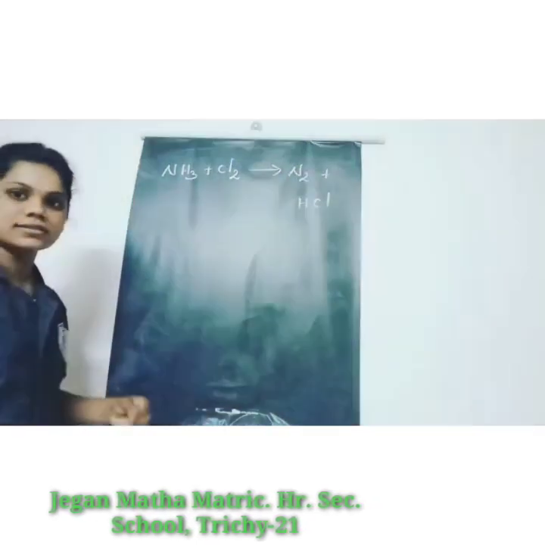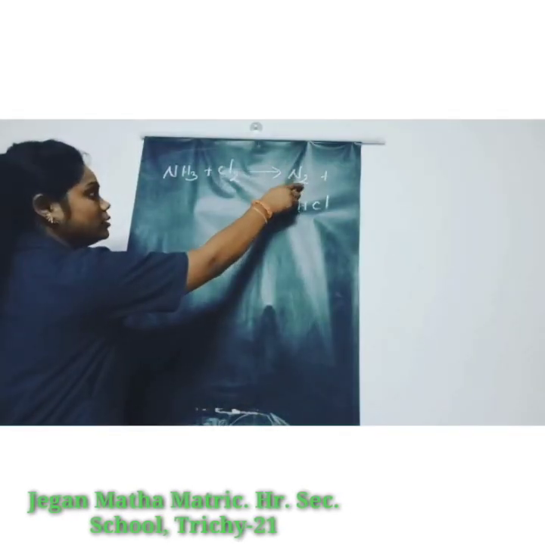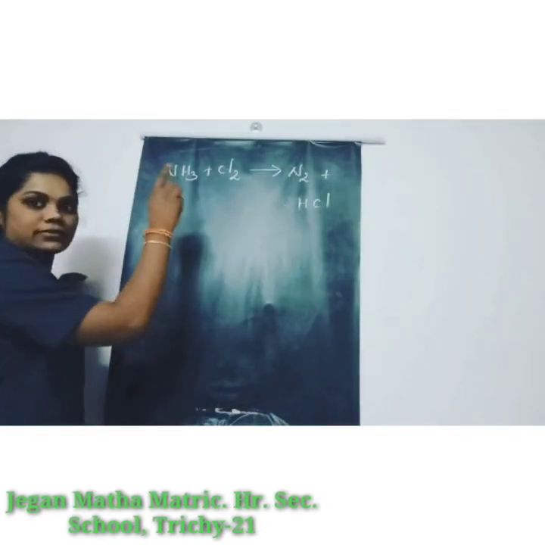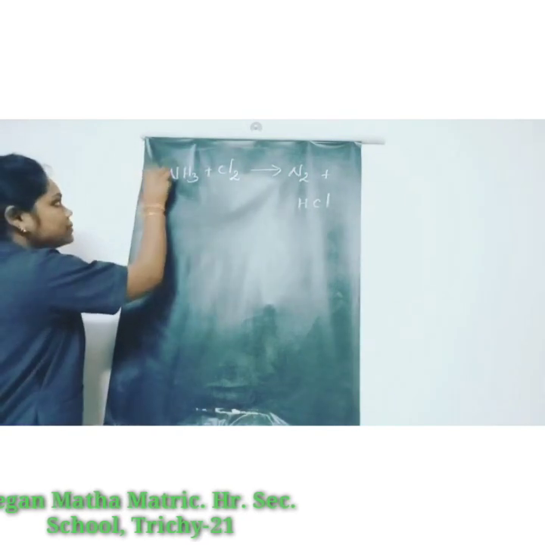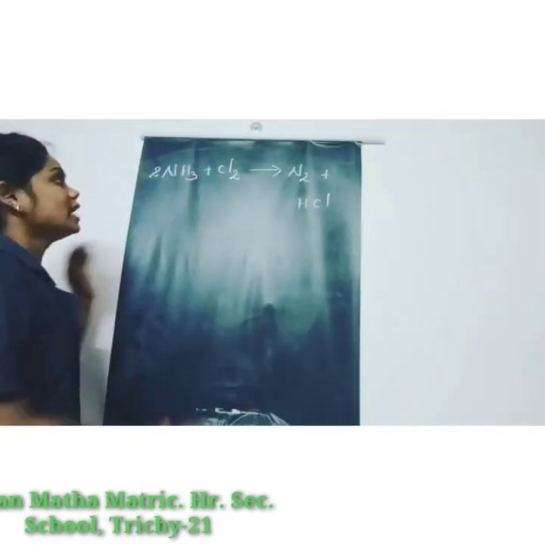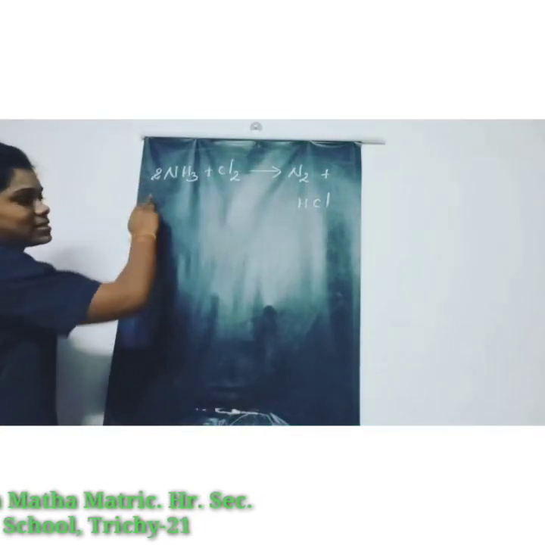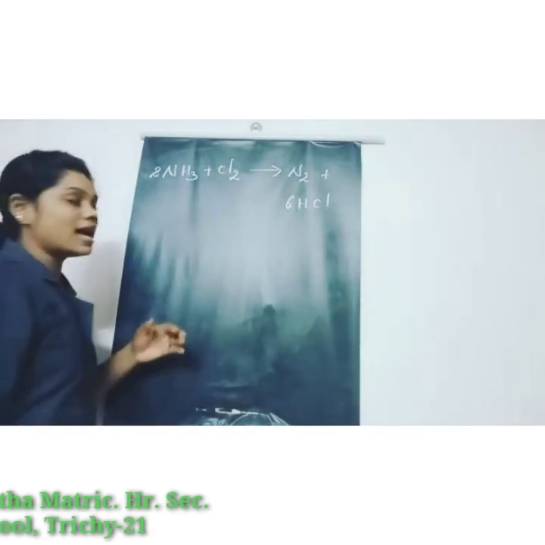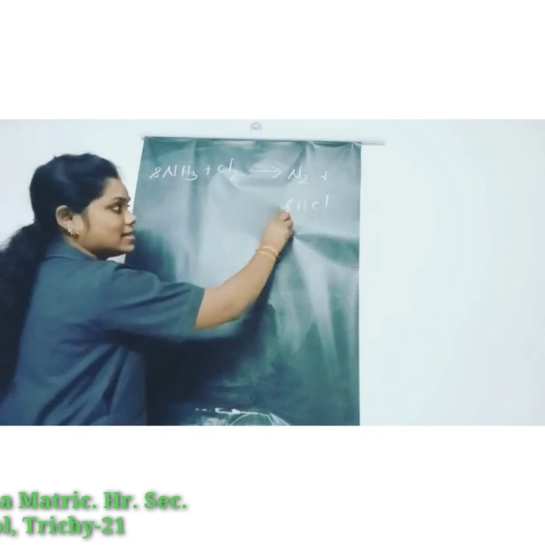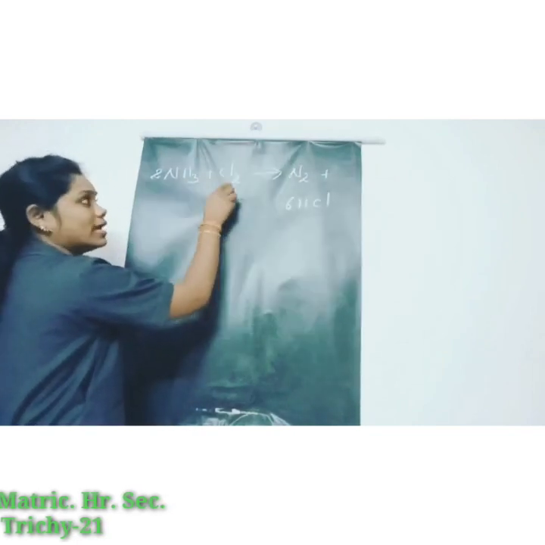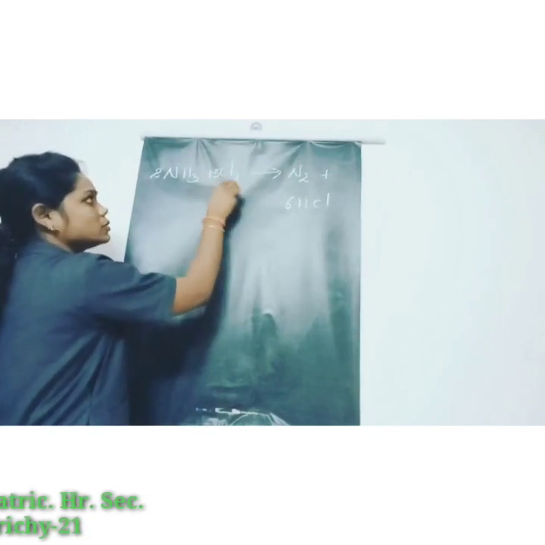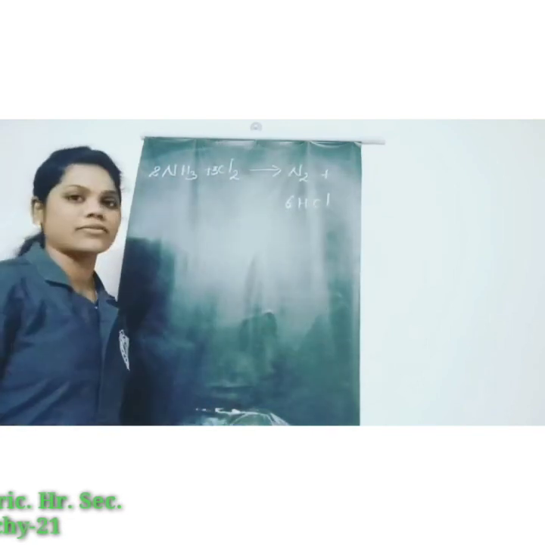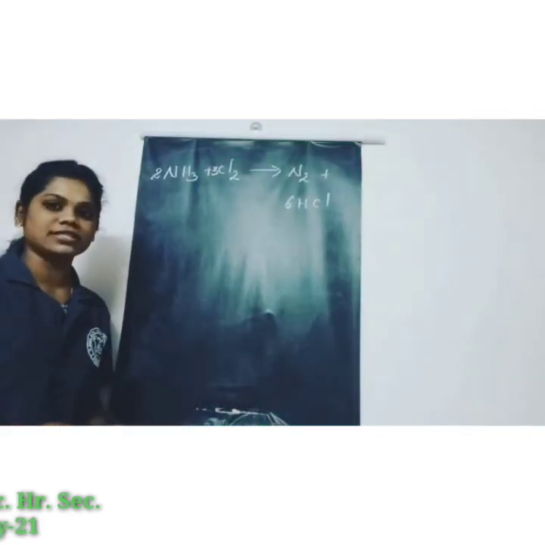Okay, how is this equation balanced? Here nitrogen 2 times, but here nitrogen only 1 time, so 2 times of nitrogen. Now hydrogen 3 2s are 6, but here hydrogen only 1 time, so 6 times of HCl. And next one is chlorine, here 6 times but chlorine here only 2 times, so 3 2s are 6, so here also 6 times of chlorine. So the first equation is balanced.